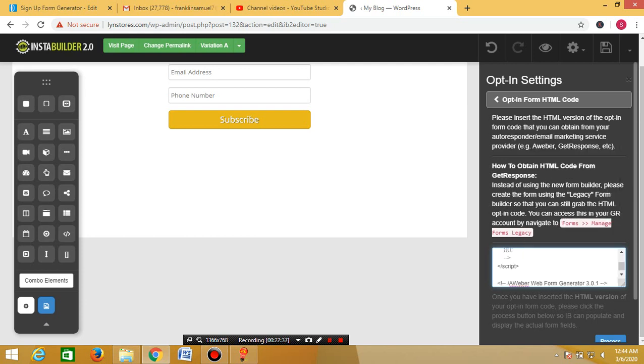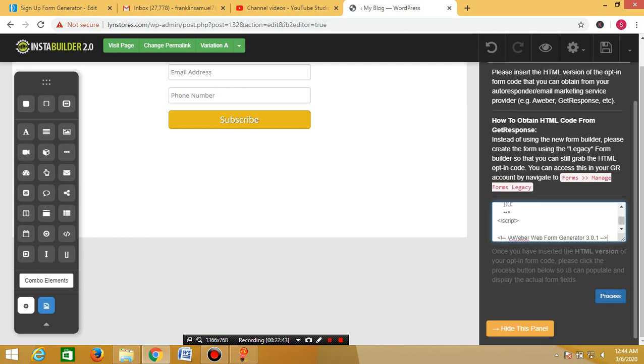When you paste it there, the next thing you need to do is scroll down and click on process. Once you process, this code will be injected onto this opt-in page automatically, so that this opt-in form is now working together with the one on